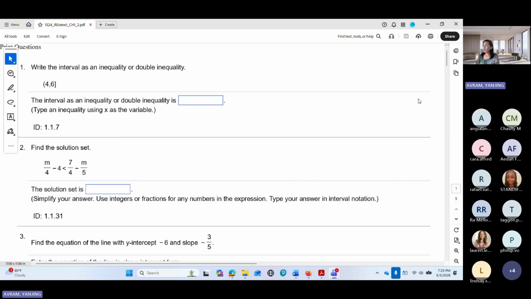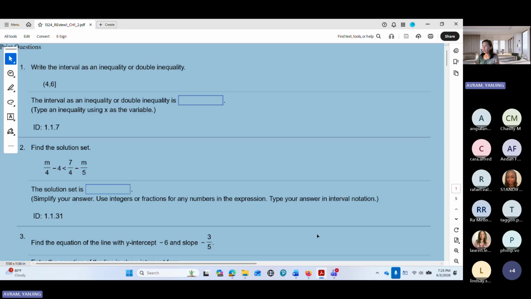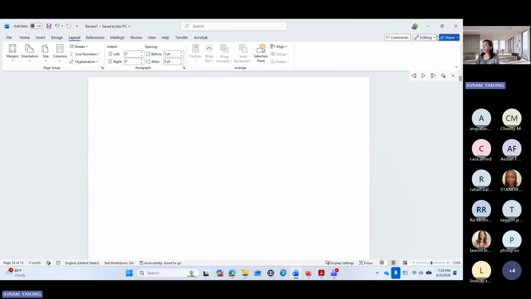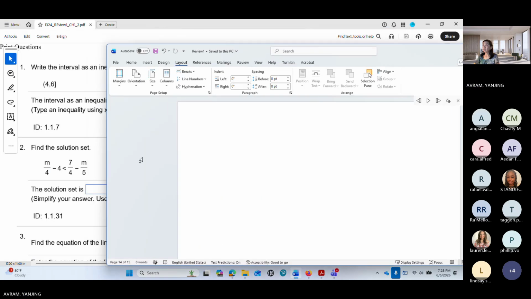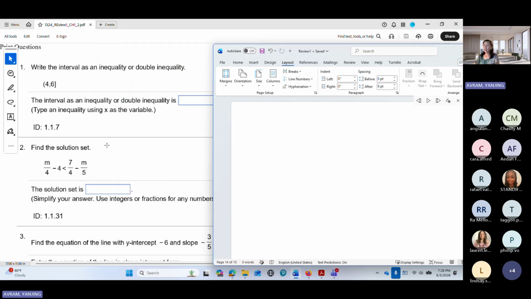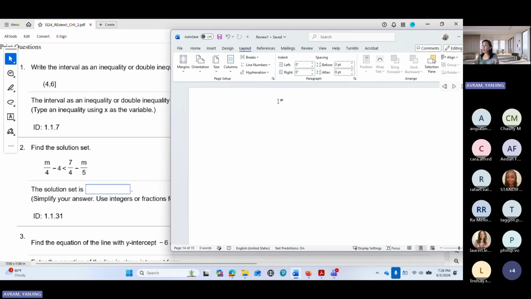Okay, so when we do the review here, let me see if I open this one so I can write. Okay, the first one right here is you want to write this interval as an inequality or double inequality, or sometimes vice versa, you're going to write down the inequality into the interval. So basically you need to know what is on the interval in here, okay? So in order to do the interval, let me give you